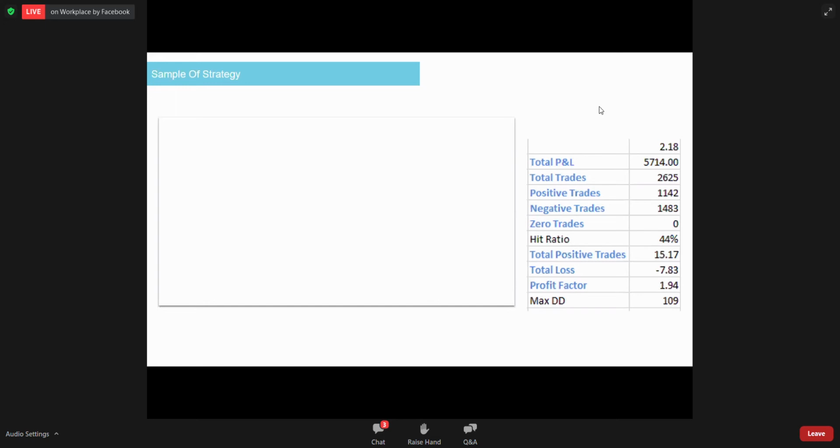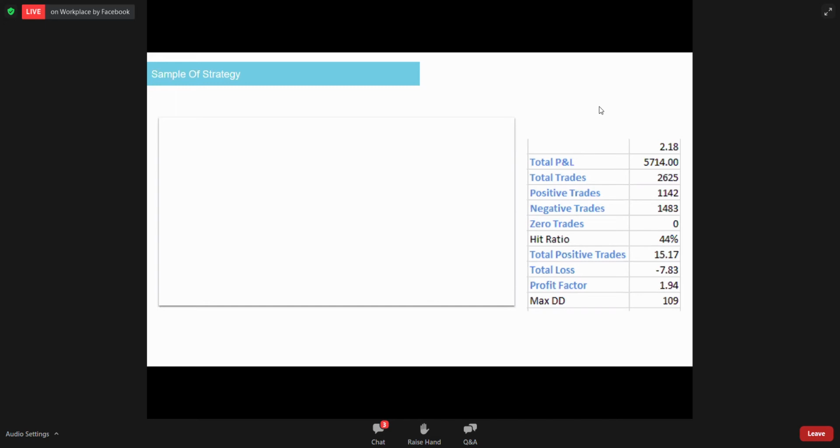Here we know the risk reward is near 2. Why do I know that? Because you can look at the profit factor. The profit factor is the total profit from winning trades divided by the total loss. I get a profit factor of 1.94. It means every 1 point I lose in the market, I will compensate with 1.94, which is near 2. There's a reason why it won't be exactly 2, even though we follow the exit rules of 2 ATR: we close at 5:45. There are times when we close a position for intraday purposes, so it won't be closed at 2 risk reward. That's why it is reduced.